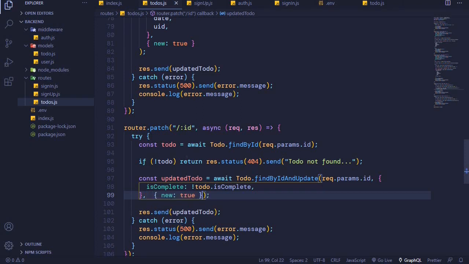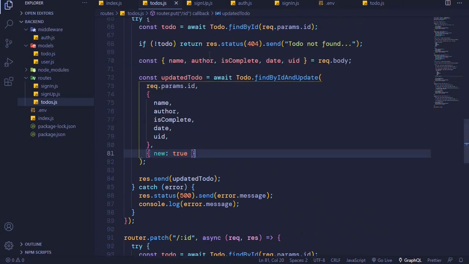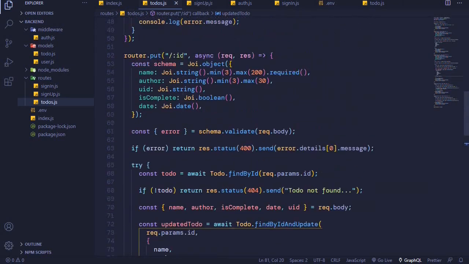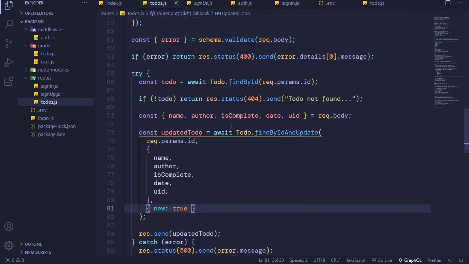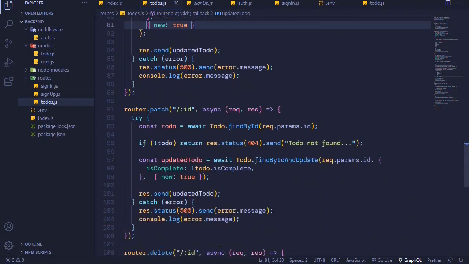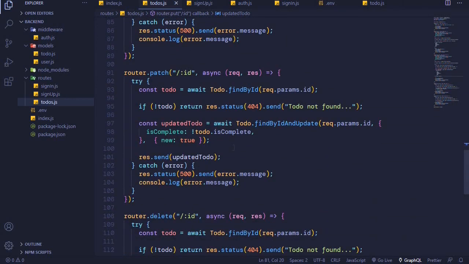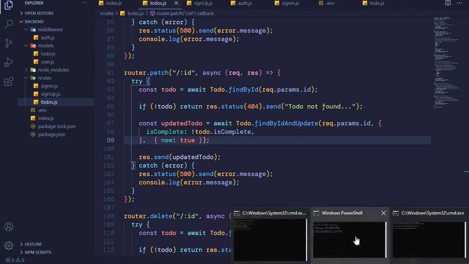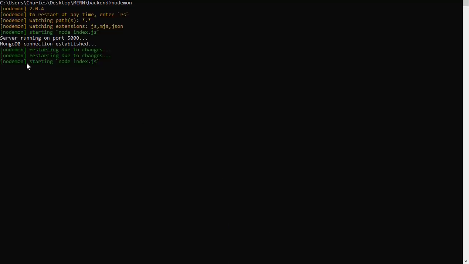We included this flag here when we were editing a todo. So this is our put request endpoint. And if you don't know how we did all this, go back to this series and watch some of my previous videos so that you can understand how we created these endpoints, and this should fix it. If I check my server here, it's restarting,